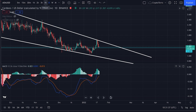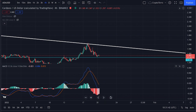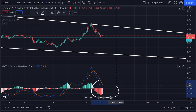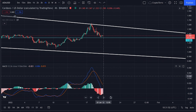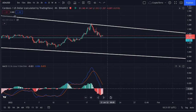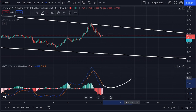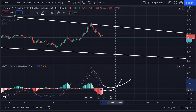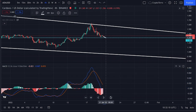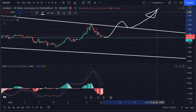Lastly, I would like to take a quick look at the 4-hourly time frame. On the 4-hourly time frame, we are clearly seeing that the opposite is taking place. Instead of momentum towards the upside, we are clearly experiencing momentum towards the downside on the MACD. This shows us that if we do hold strong on top of this $1.31, we will see an even further decline in momentum towards the downside, and therefore a possible crossover might occur on the MACD, and momentum towards the upside will start being created, meaning that a possible movement above this descending resistance might occur and a further continuation towards the upside, heading all the way towards the